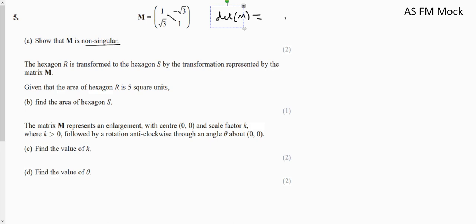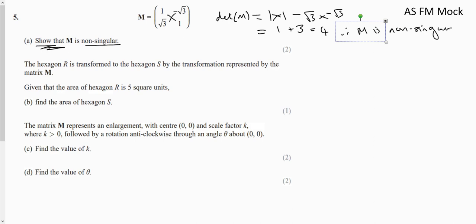Okay, so that's 1 times 1 subtract root 3 times negative root 3. So that's 1 plus 3, which is 4. And remember, it's a show that. So we're going to need a conclusion. So M is